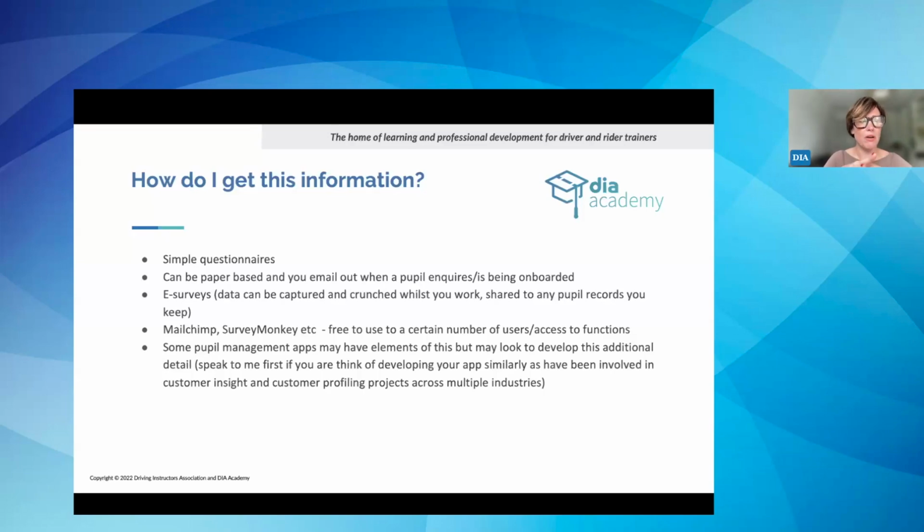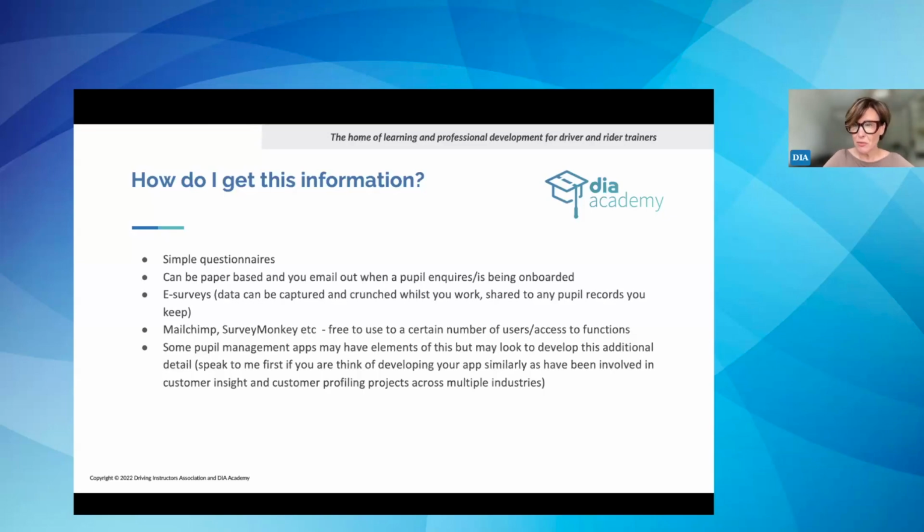There are a number of surveying tools out there that you can use to develop questionnaires. They're not just survey tools to run feedback surveys. They have lots of different templates in them that you can manipulate to turn into a pupil profiling questionnaire. Some of the free ones out there are things like MailChimp. You might already be using MailChimp to do all of your mailings, and they have a survey function within that. People who have a customer base of less than 1,000 users can use things like MailChimp for free. Obviously, you start paying the more customers you have in your account.